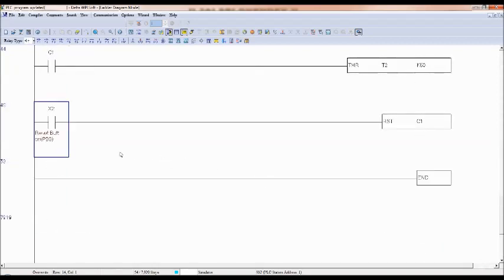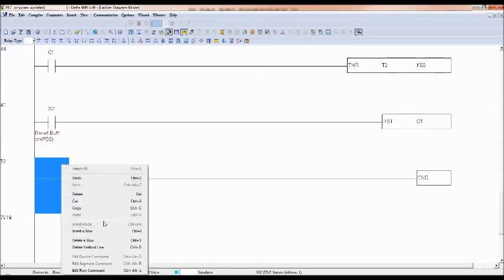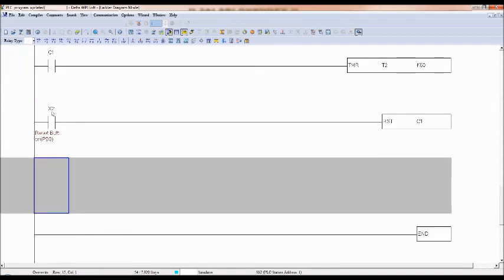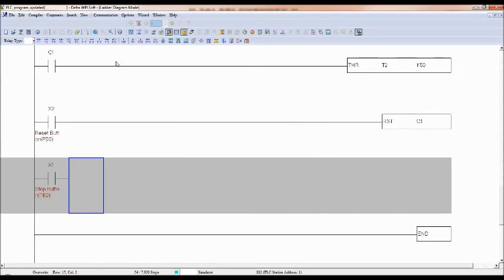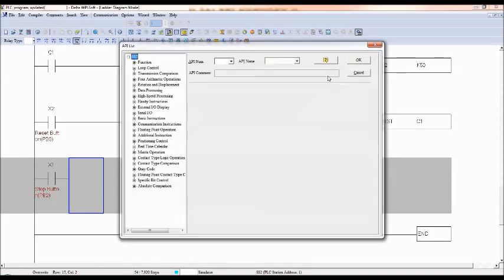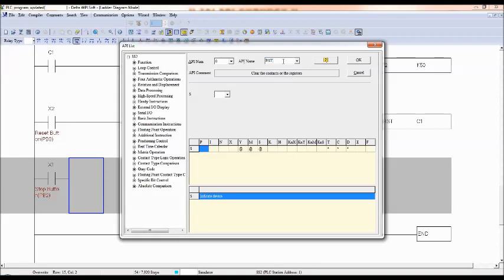So what I can do is I will use stop as x1. Okay, and then I will use the reset function using y0 should be reset,